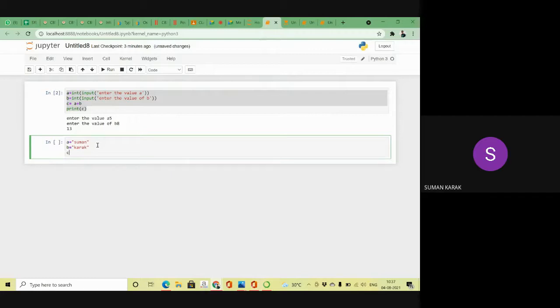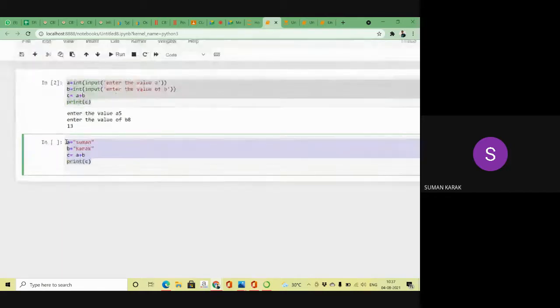Now if I write c equal to a plus b, I am taking string values and also using the mathematical operator, right? If I try to print c, then what is my output?